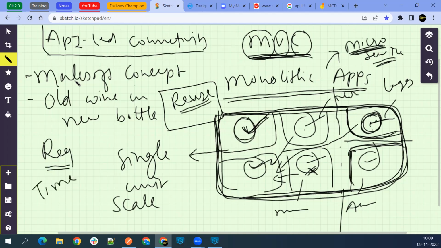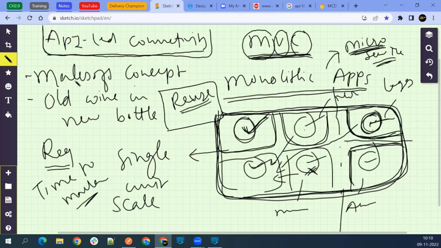All this terminology I'm bringing here. Time to market is reduced by using microservices, by using reusability, by allowing scalability, by using agility. Clear? So that's monolithic. So what happens now? Instead of writing the entire code in one application, we have divided it. So this guy, MuleSoft, recommended this approach called API-led connectivity. Now, what is this API-led connectivity? If you look at this app,